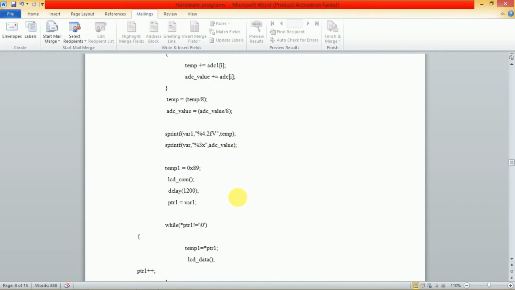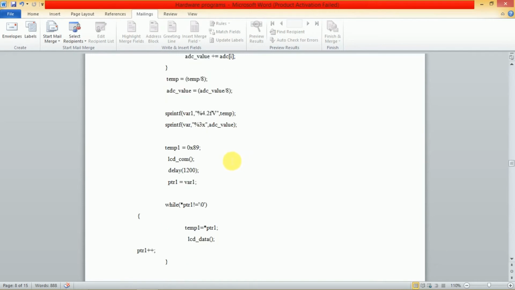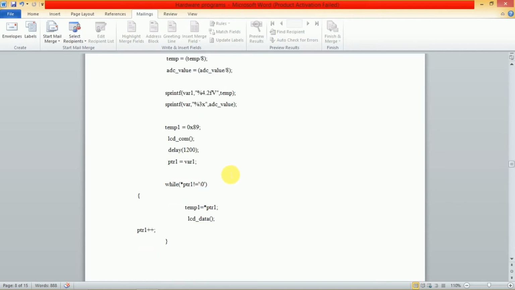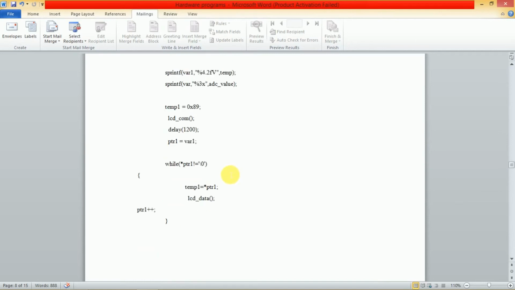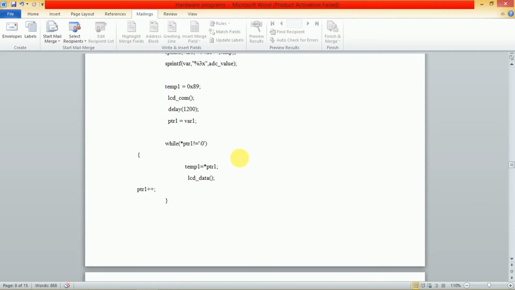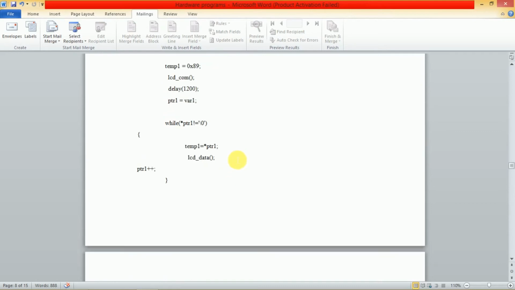Then sprintf variable, percentage of 4.2 floating point, you can declare it in the style of the printing, string print. Temporary 1 is equal to 0x89 LCD command. Delay, provide the delays. Pointer 1 variable is equal to 1, while pointer 1 not equal to 0, then temporary